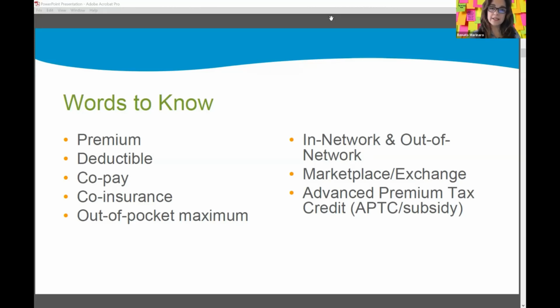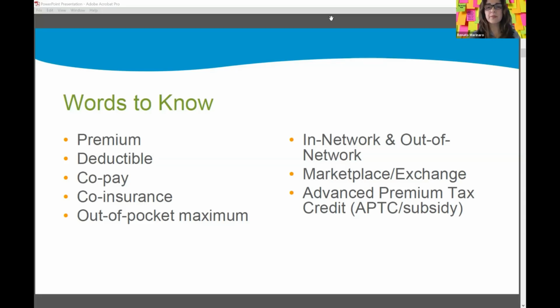And now when you go back to the doctor for a follow-up visit, you're not going to pay the full cost or the retail cost. You're going to pay either a copay or co-insurance. A copay is a flat fee for a service. A lot of you are familiar with this because it might say on your insurance copay $25 PCP. That means you're paying $25 to see your primary care physician, or $40 for your specialist, for example. Those are flat fees. You actually have no idea what that doctor charges. You just know that you're paying this flat fee.